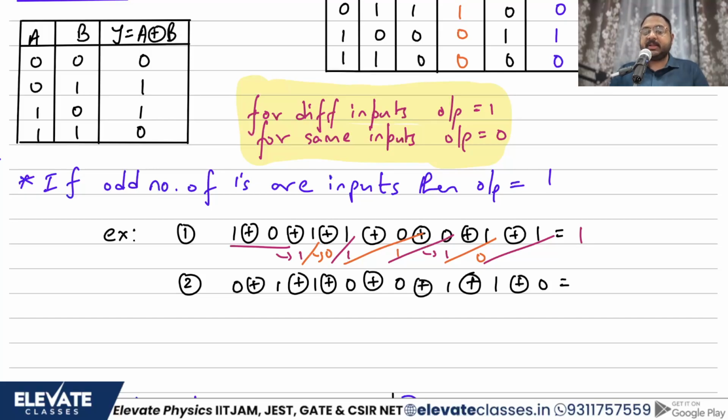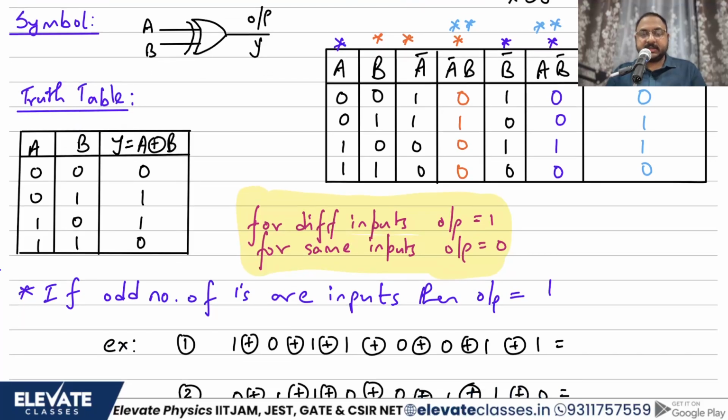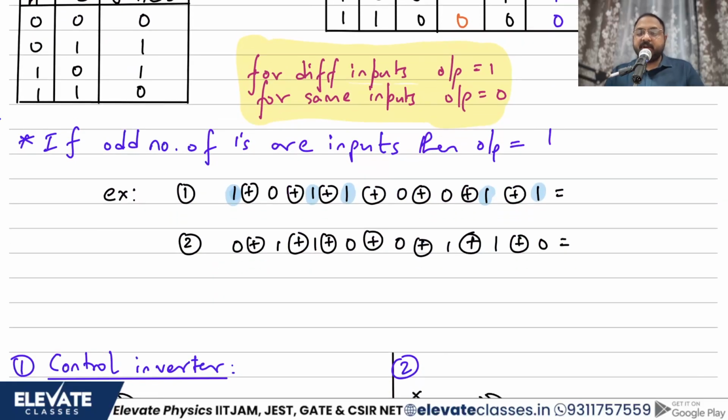However, there's a simpler method. What is the simple way of doing this? See, more simply how we can solve this is just count the number of ones. You have 1, 2, 3, 4 and 5. So if I try and illustrate this, I can show it like this. This is 1, 2, 3, 4 and 5. Correct? So you have 5 ones. The moment you see an odd number of ones, your answer should automatically become 1.